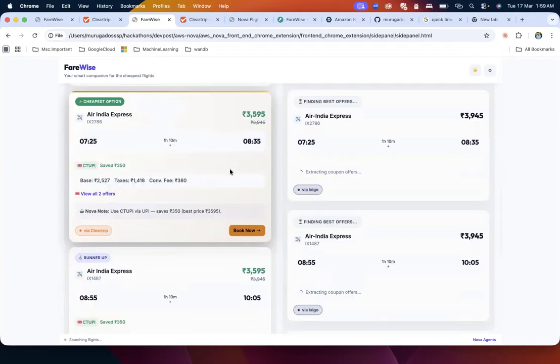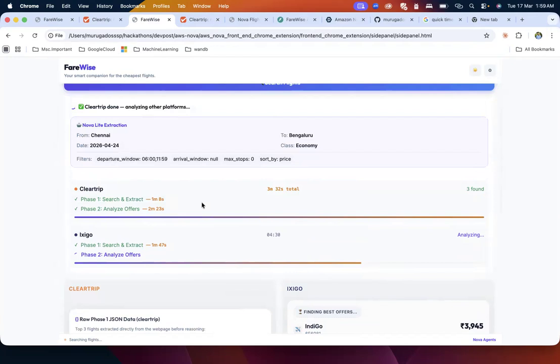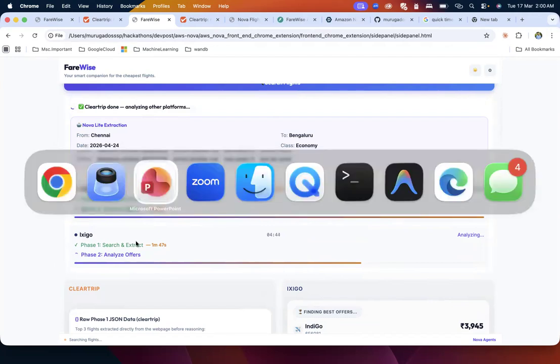This is not limited. So in the architecture, these two run in parallel. And within these, there is a concurrency thread of Nova Act sessions when analyzing offers here. There are multiple concurrency runs. Two offers run here, and three concurrency runs here in a thread pool execution. That's pretty much about our product.